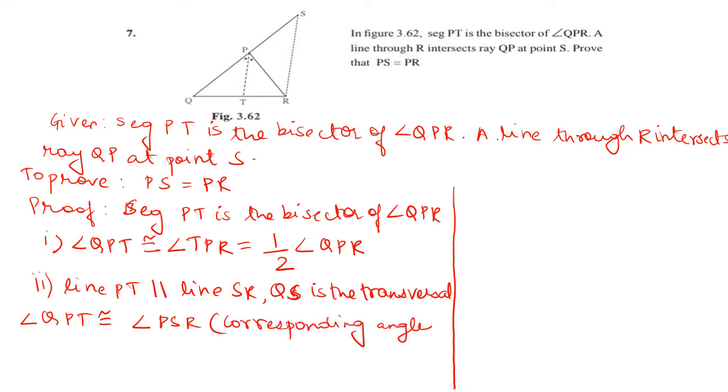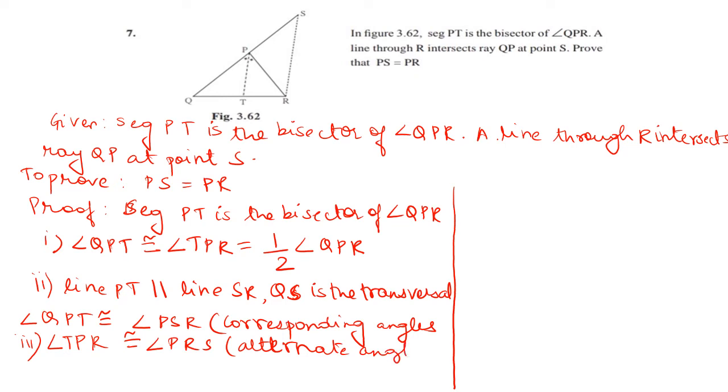Okay, these are corresponding angles, isn't it? QPT is congruent to angle PSR. Similarly, we'll write that angle TPR is congruent to PRS. So we can also write that angle TPR is congruent to angle PRS. They are alternate